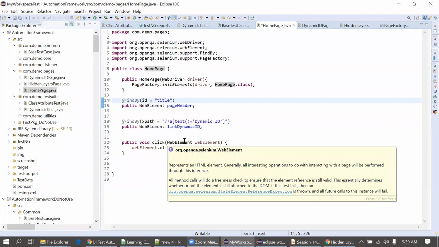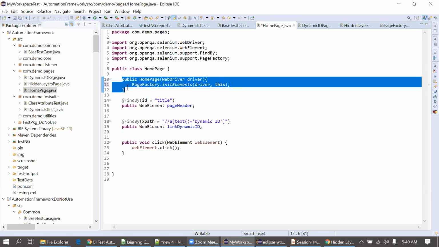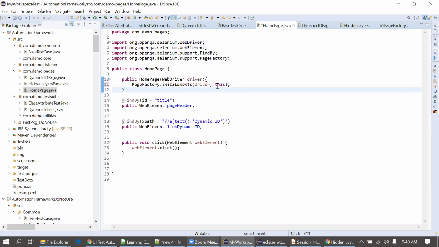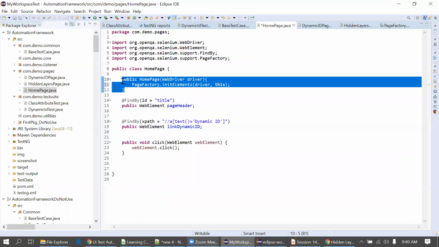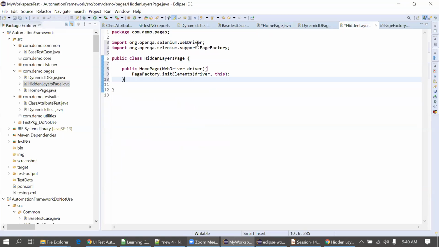Okay, got your point. Because it's the same thing actually. But this is a common word, so I'm using this word. Whenever we are copying this code to another class, it will not create any confusion for us, because we are not replacing anything, as this is applicable for all. I'm just copying this code and pasting it in another class. I don't have to make any changes here. That's why we are using this keyword. And if you go inside this class, you can see the constructor structure.